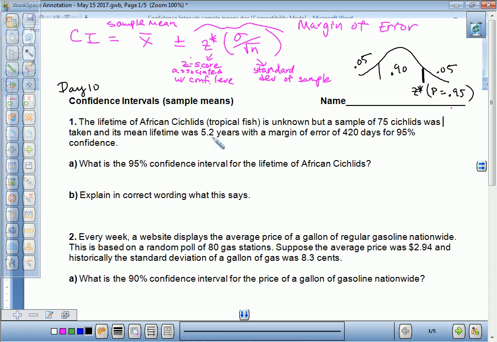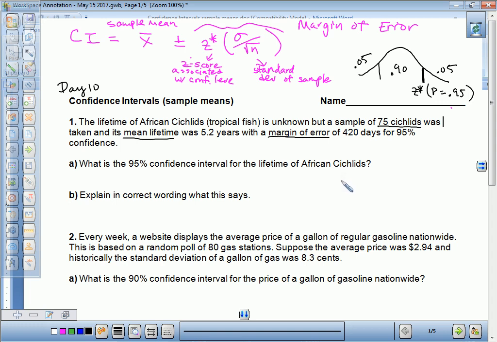Now, this first one, do you see they gave us the margin of error? When they give it to you, you don't have to calculate it. You don't have to plug anything in here. Okay, so you're given the margin of error. You're also given the mean lifetime of these tropical fish. And it tells us there's 75 in this sample. Well, that's a good number. If the number in the sample is greater than 30, then we have a good sample, especially if it was a representative random sample. What is a 95% confidence interval for the lifetime of the African